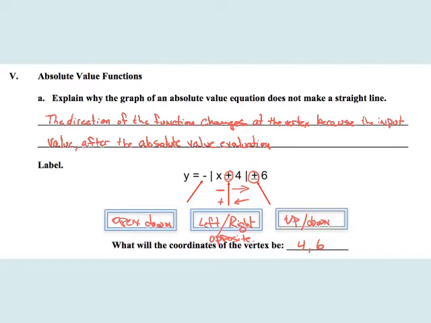So it can never produce a range or an output of the continuous direction. It's really kind of a difficult topic to understand. But absolute value equations,